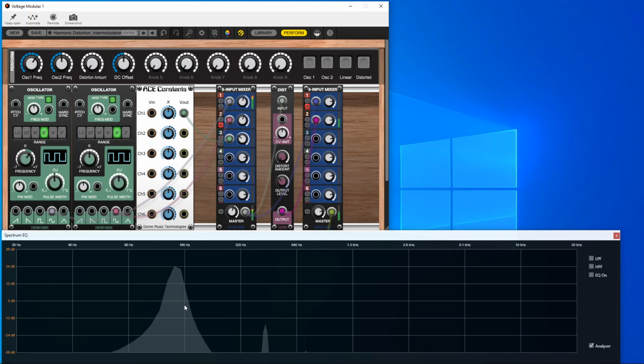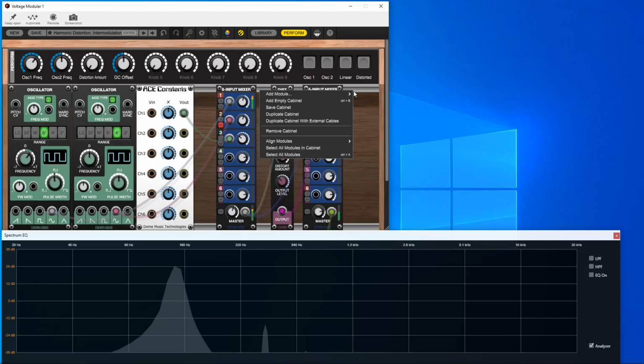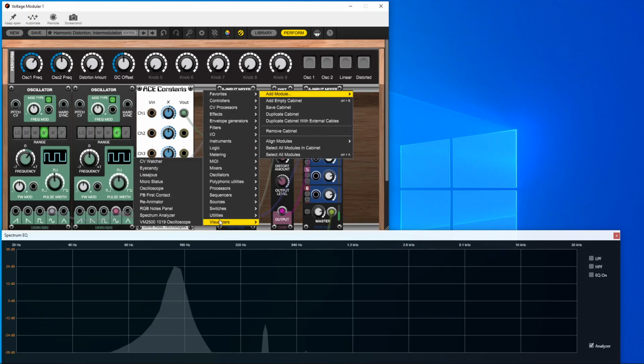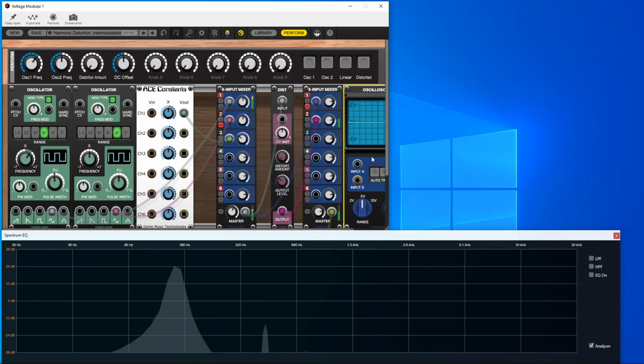Because it's a symmetrical type of distortion, i.e. positive voltages are distorted in the same way as negative voltages, you're getting the odd harmonics as the distorted sine wave tends towards looking like a square wave. In fact, I'll just add in an oscilloscope module here. And if we look at the waveform that's coming out,